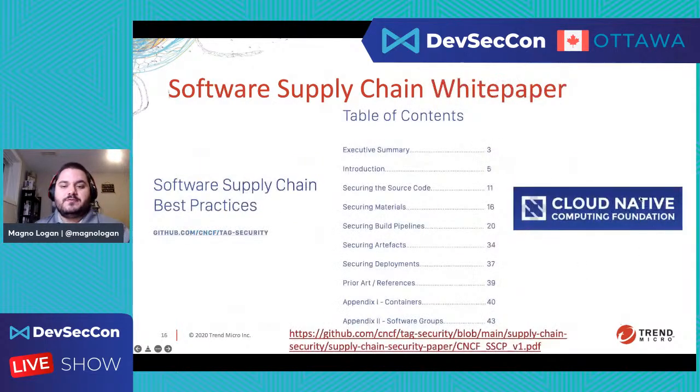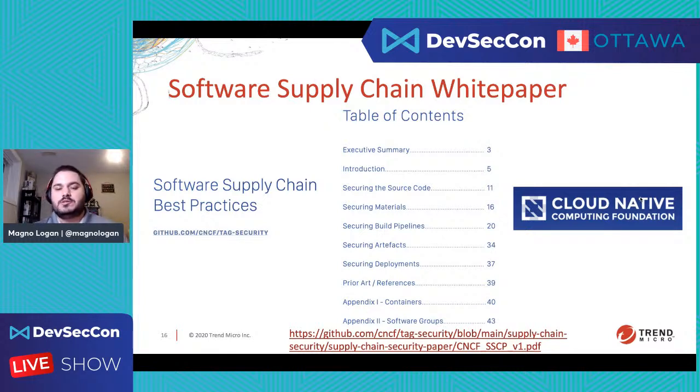On the topic of supply chain, the Cloud Native Computing Foundation, which is another group that I'm part of, produced a white paper last year called the Software Supply Chain white paper.